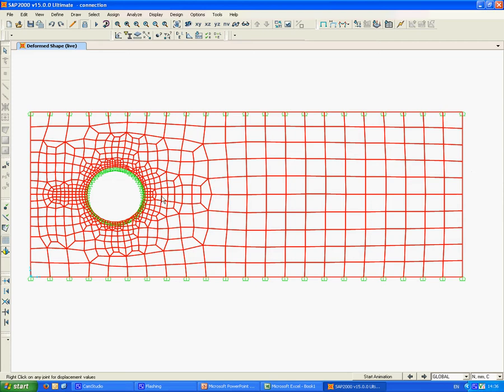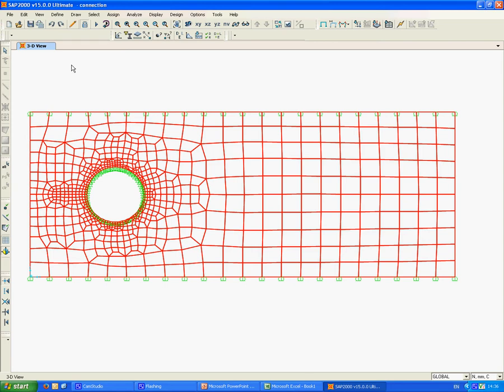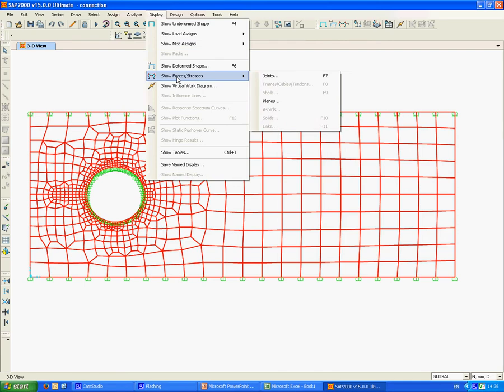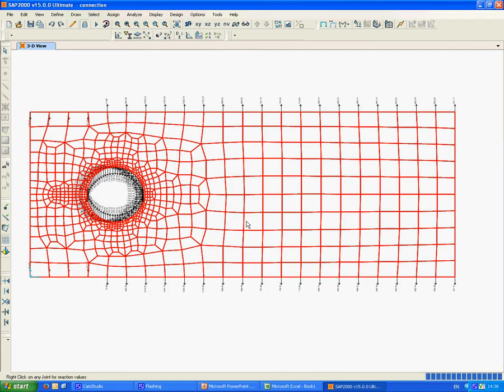The other thing we need to check here is that the reaction forces are what we expected. So if we plot the reaction forces, we go to display, show forces at the joints. These are the reaction forces, and at the edges, for all this region, the reactions are in tension. The reason for this is that we're pulling from this end, and because of Poisson ratio, this area here will get shortened in this direction. So the connections here are pulling from it,